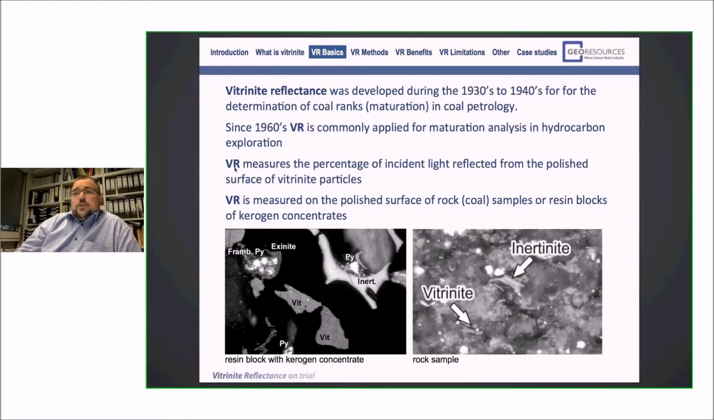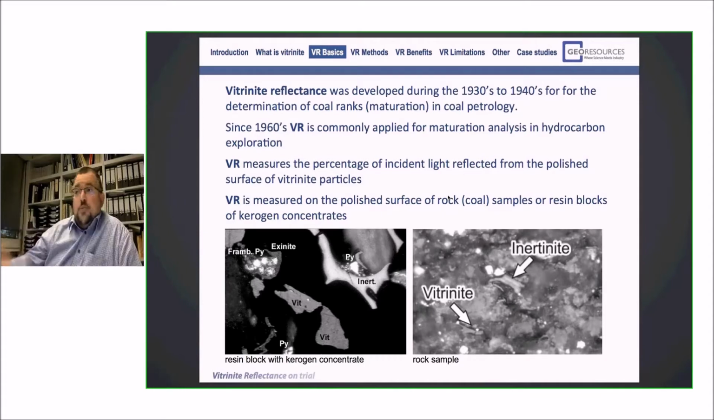Vitrinite reflectance measures the percentage of incident light reflected from the polished surface of vitrinite particles. So we always need a polished surface, and this polished surface has to be absolutely planar to have the precise conditions to analyze the reflectance of light accurately and to get proper vitrinite reflectance data. You can measure vitrinite reflectance on the polished surface of rock or coal samples. So you just take the coal or rock and cut it and polish the surface and measure this